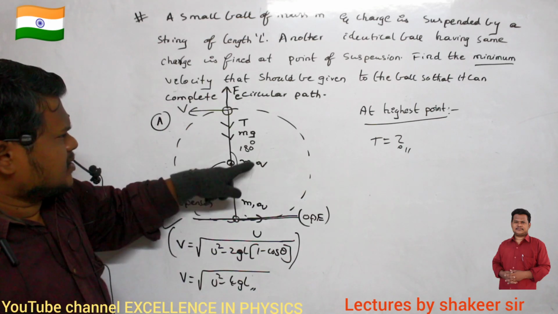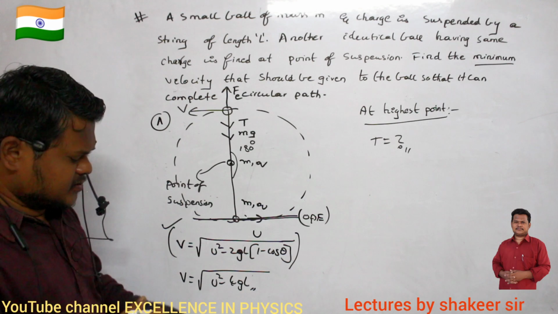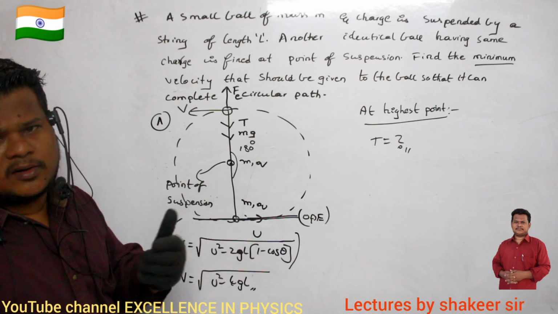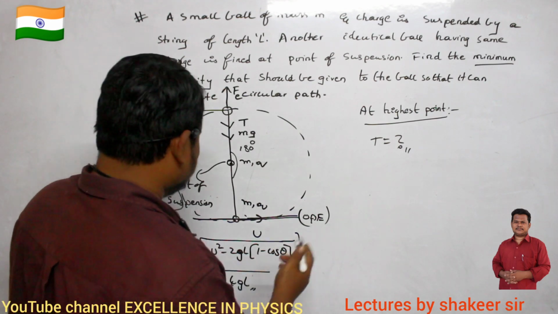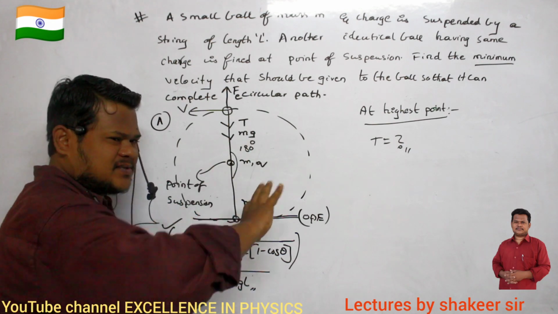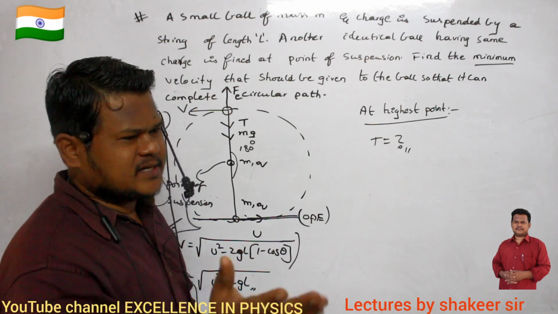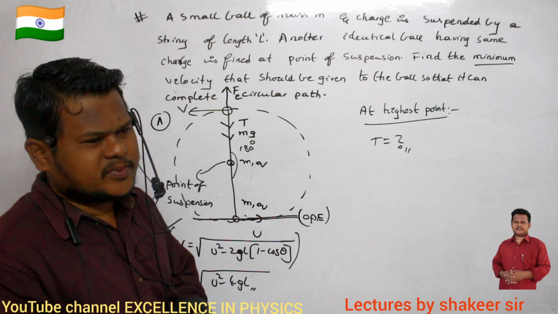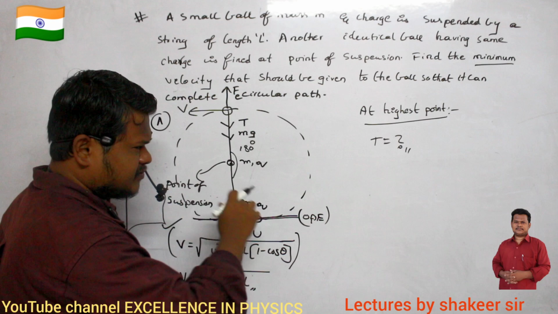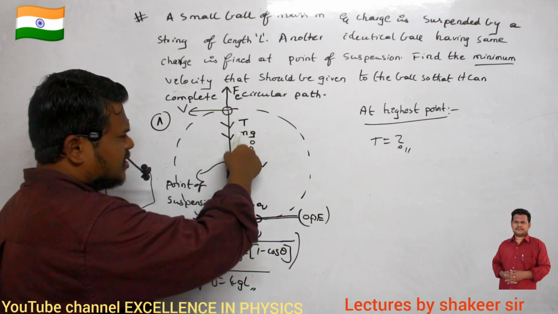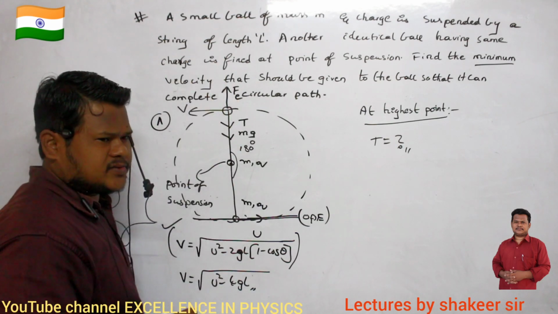Okay. Now can you say, how can I write all these forces and this velocity into one equation? Very simple. For a body to move in a circular path, centripetal force is required, no? And here who is providing the centripetal force? Centripetal force should be in which direction? Towards the center of the circle. So T and mg, they are acting towards the center of the circle, no? But there is one more force which is acting away from the circle also. So therefore what can I write?